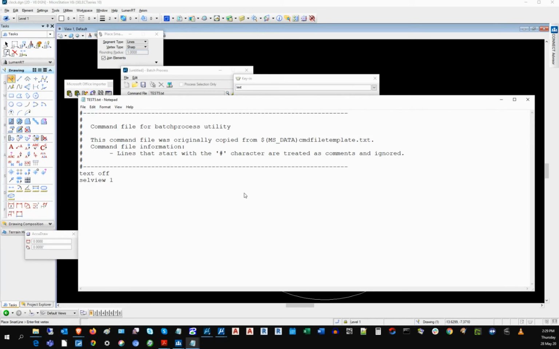Then, just like I showed you with the view attribute for fill, I'm going to say update 1. So that's after I've got the view 1 saying that's where I want to turn off the text, then I say update 1, so it'll update that view. And then we'll go File, Design, to save that setting. Now I'll save that,